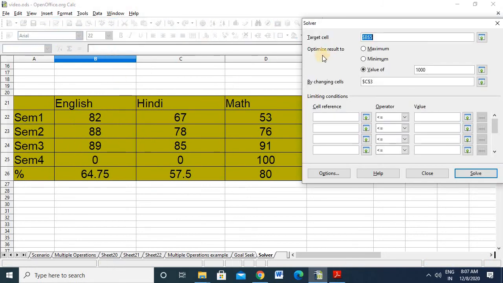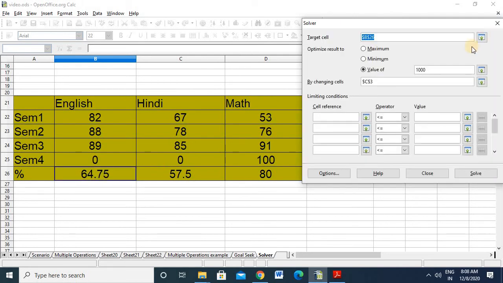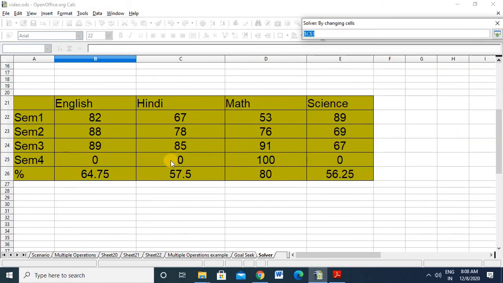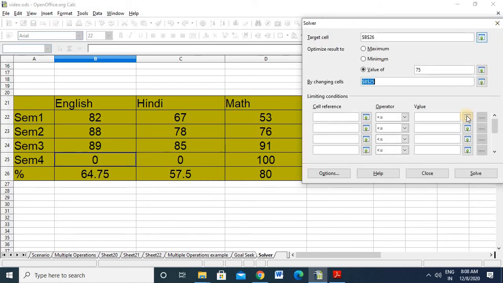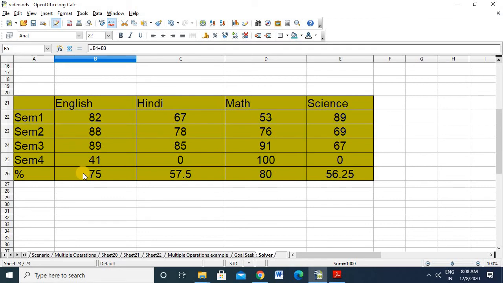Solver. The target cell this time is this one, and the value is 75. By changing cell, what cell do we want to change? Obviously this SEM 4 marks, and click on solve. So you can see if that student scored 41, then the percentage will become 75.